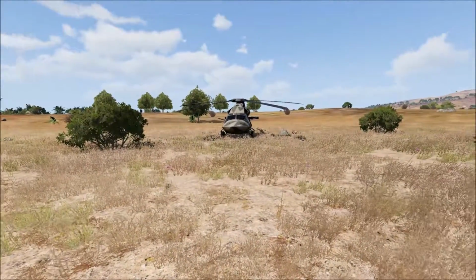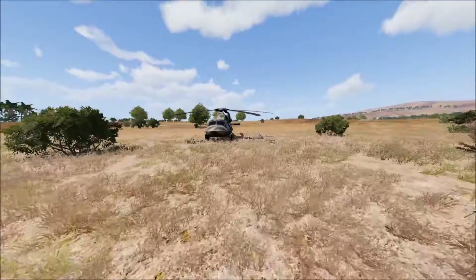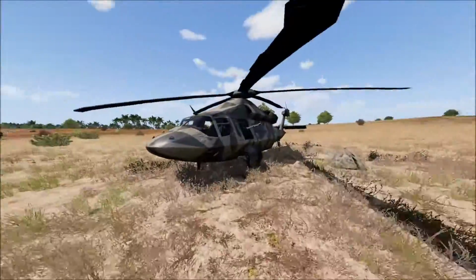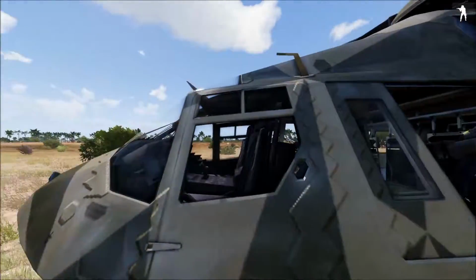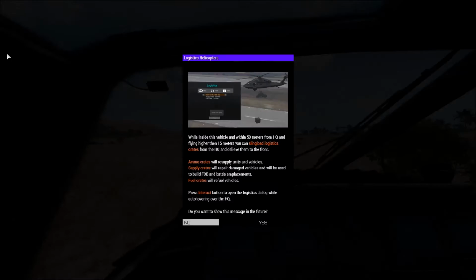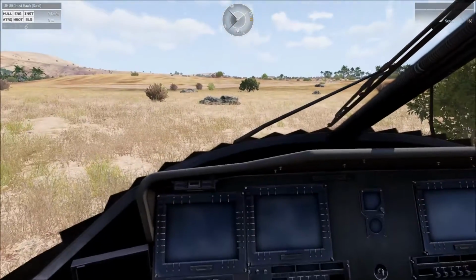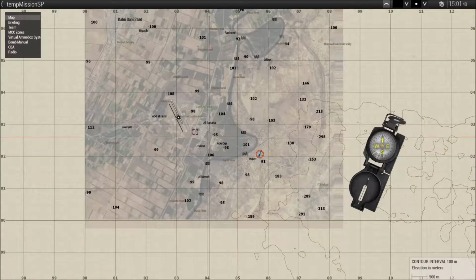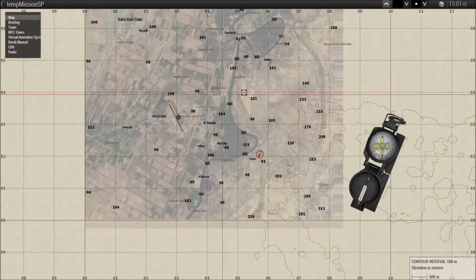Okay, here what we're going to do is try and demonstrate how to pick an approach to an LZ. Some of the questions I've had is how do you choose which lines that you come in on. So what I'm going to do is just use this Ghost Hawk and try and pick an area for using as an LZ. So what I'll do first of all, this is a new map to me by the way,